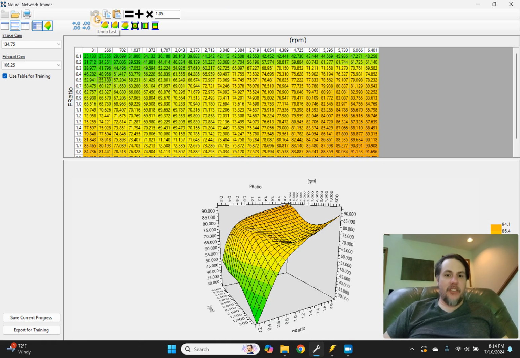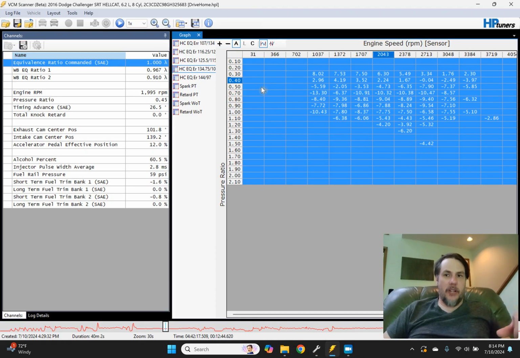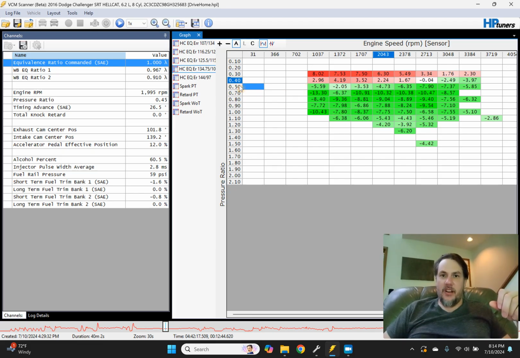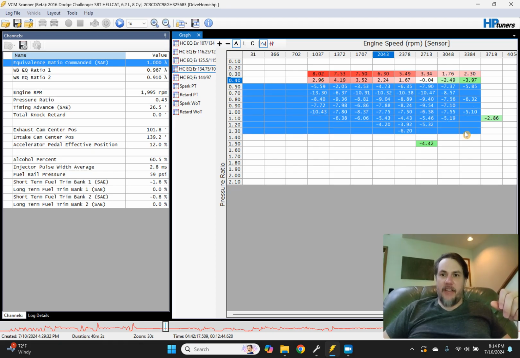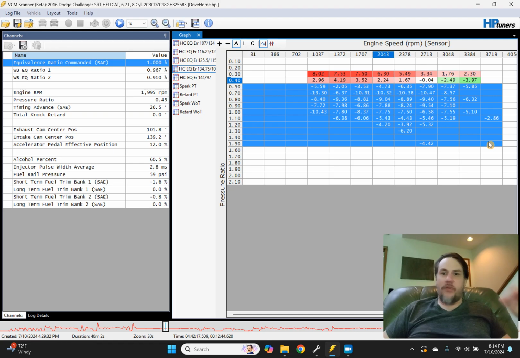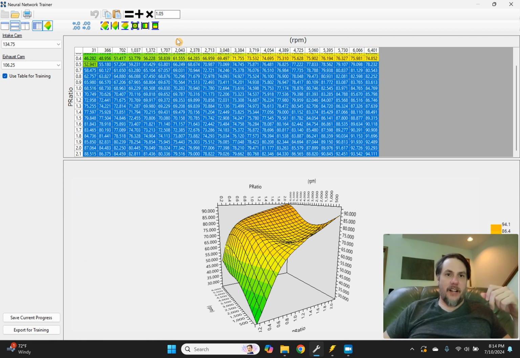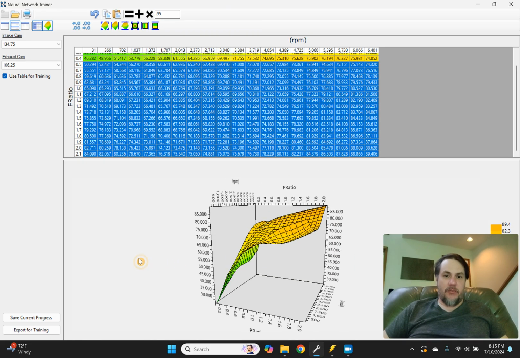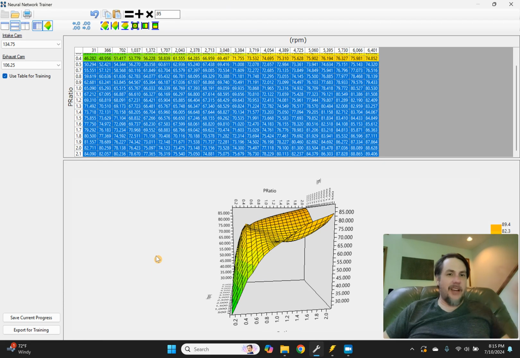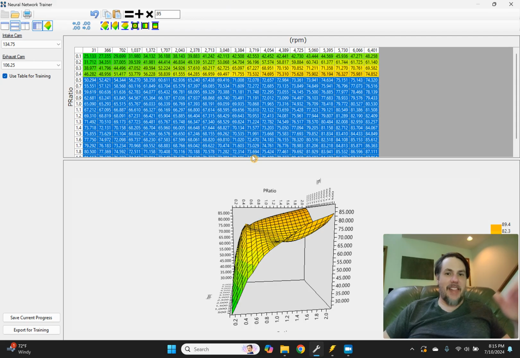And so I'm actually going to undo that one. I'm going to come back in here and look at this and see, okay, 0.5, we're almost 5% rich across the board at 0.5. That's an easy shift. So we'll come in here, 0.5. We'll go 0.95, multiply it. We've taken 5% out. We've created that ridge there,